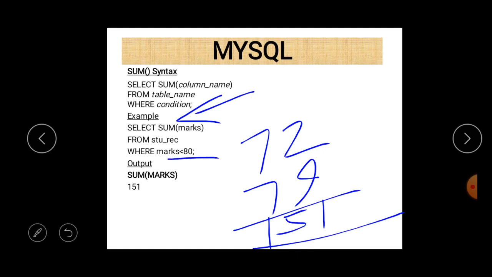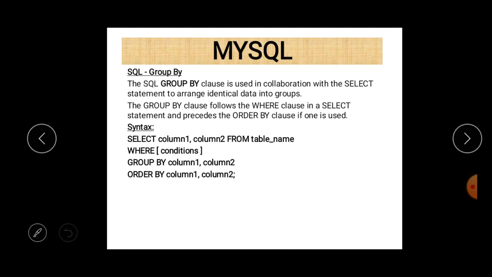If we don't write this condition, then the sum of all marks will be there. So these are the different aggregate functions.